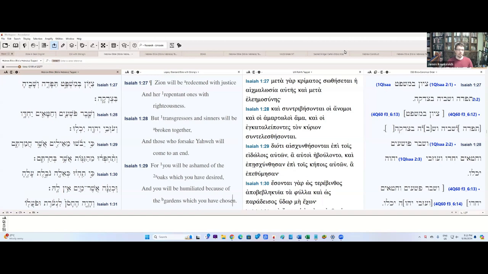We're still in Isaiah chapter 1, and we're looking at verses 29 and 30, which each have the word key. You'll see that I'm highlighting it on my screen now. Both verses begin with it, and this case is much more interesting than some of the previous ones because we're dealing with interpretations that haven't really been considered previously.